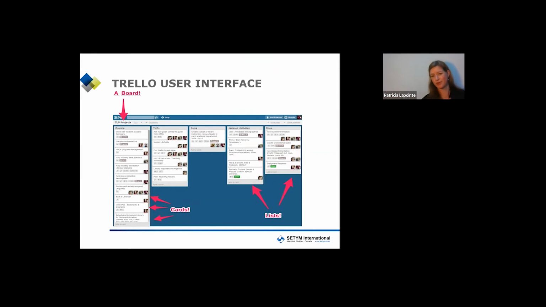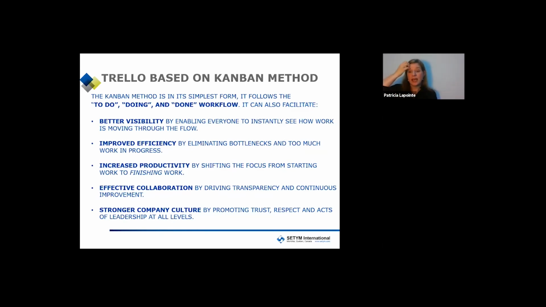You want to finish, you want to say, hey, look, and it's really user-friendly. Swipe, and you can attach pictures, you can attach Excel, you can prove with evidence that you have achieved this task or you have completed this task. So this brings me to the to-do, doing, and done, which is a Kanban method, and it's often used in agile project management, right? So the idea of using the Kanban is that it simplifies a complex project to 3 categories,